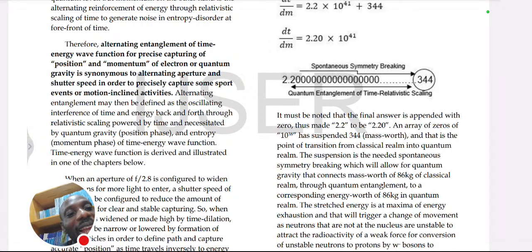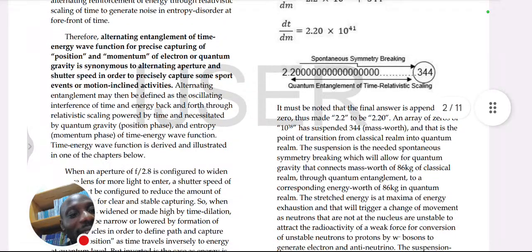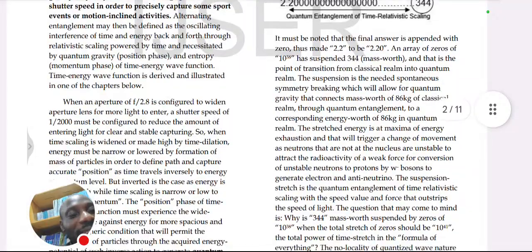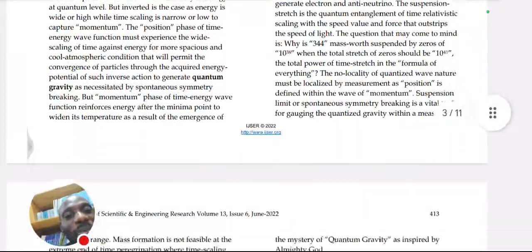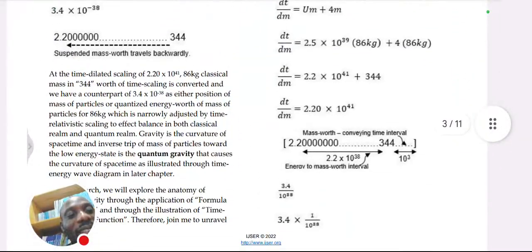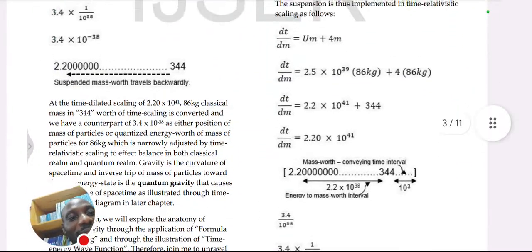And so we realize that when we expand that in standard form, we're going to see that suspension of 344. So at the 32nd position, I guess. If you read through, then you can see more. So after getting that suspension, then